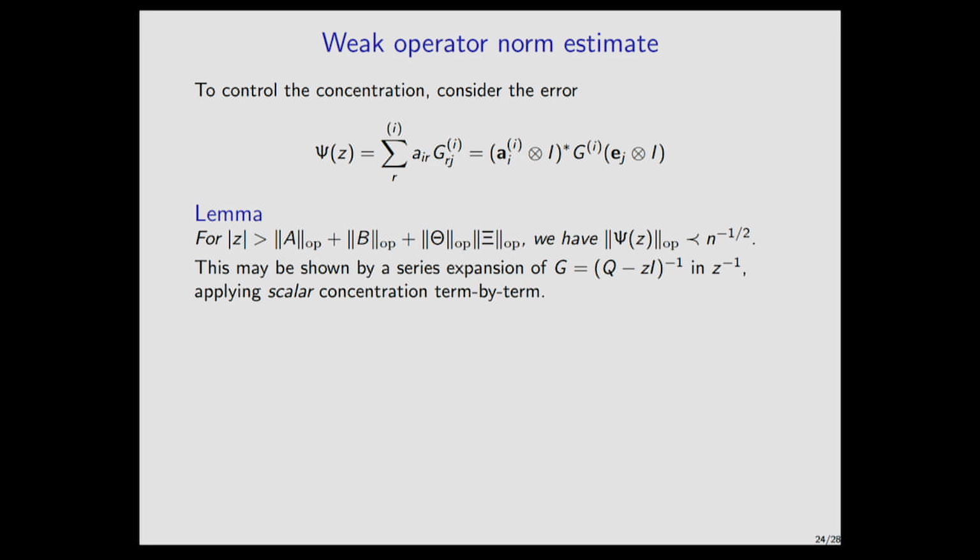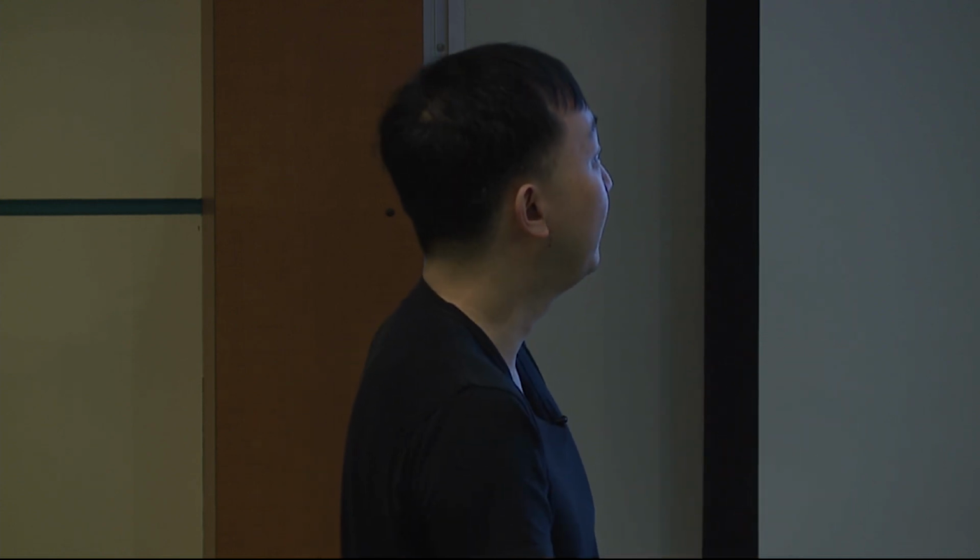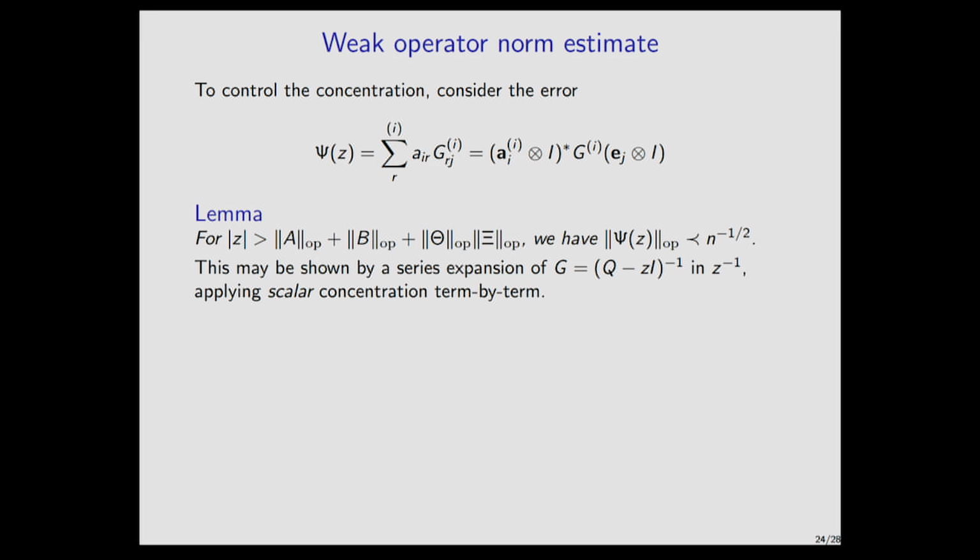So the approach that we're going to use to do this concentration is the following. We're going to first do the analysis for large z. If z is large enough, in particular larger than the operator norms of all of the things defining my model, then I can get your usual 1 over root n bound for this error by just doing a series expansion of the resolvent in 1 over z, expanding all of the terms of the series in terms of monomials. You have your elementary tensors and the monomials, and then we can actually apply scalar variable concentration to the first tensor factor. So I'm not going to use non-commutative concentration, I'm just going to use scalar value concentration. And for large enough z, we can get a bound of 1 over root n for this.